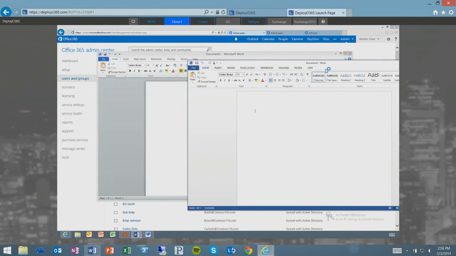If there's something you're afraid of doing from an Excel perspective or macros or add-ins, and you need to go through your app compatibility, great, you can do that. Utilizing the old software, they can continue to do that. But you see here, Word is running, it installed in minutes, and it's now managed from the cloud. And I now have Word, Office, everything I need on one of my devices. I could go do this on a Mac, I could go do this on another Windows PC, and I can do this, as Alistair showed earlier, on my iPad, on my iPhone, on my Android device, and it's all now connecting to that profile. Any questions from that side?